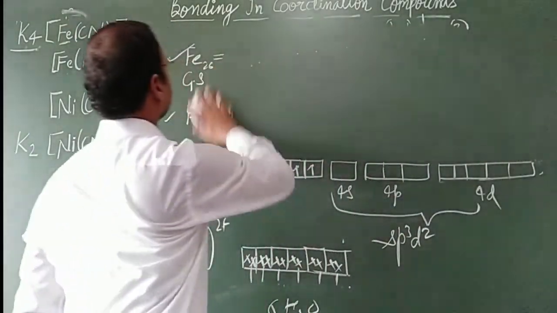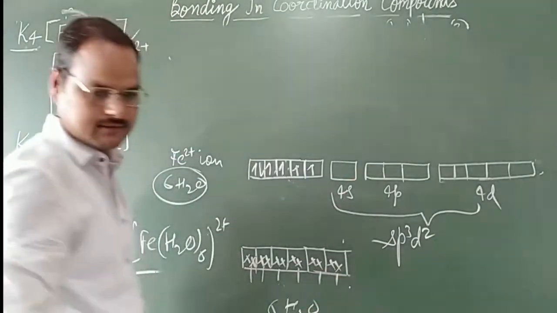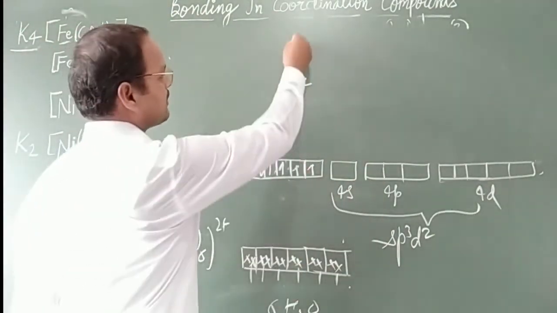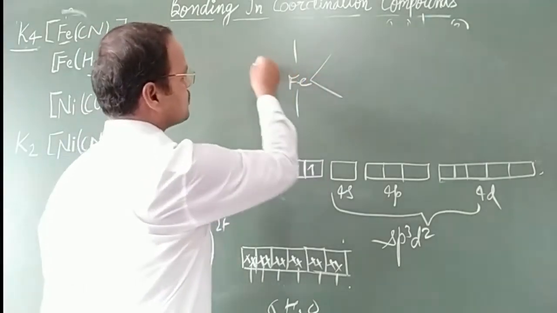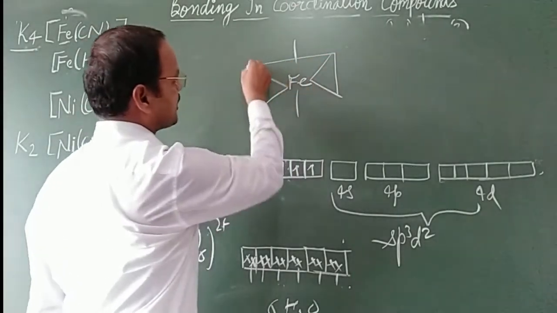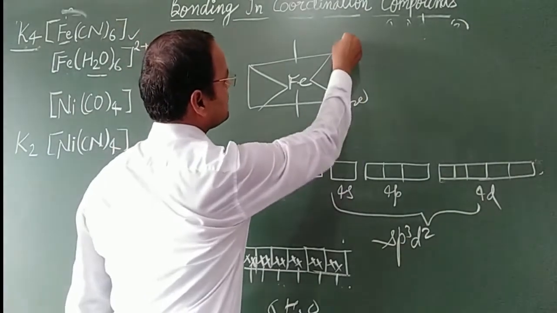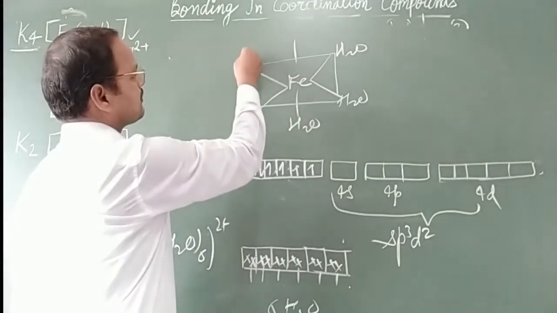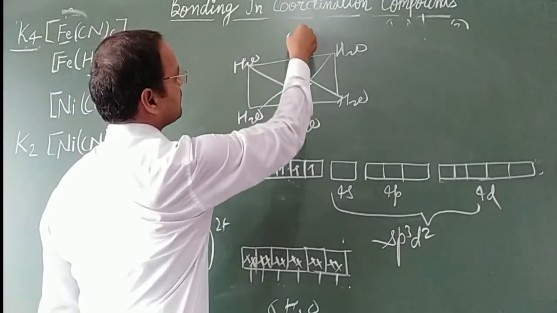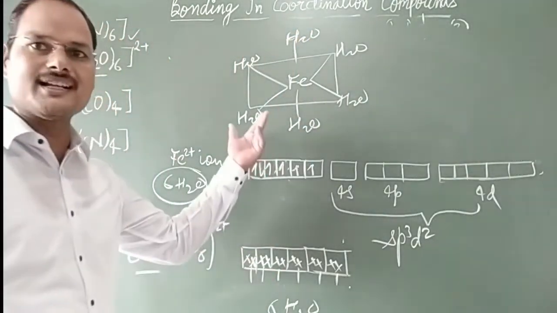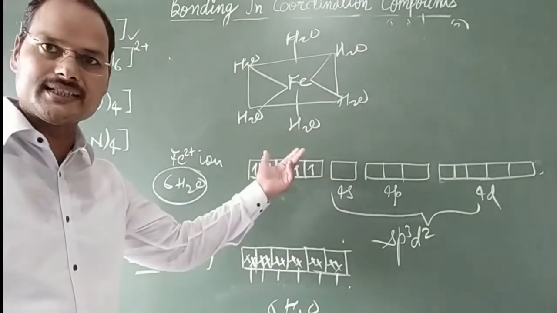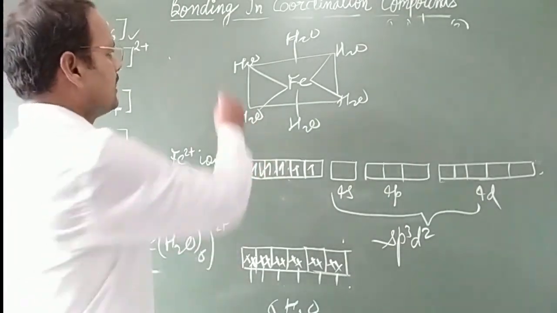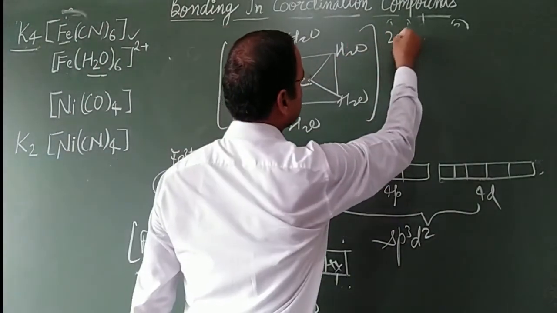See, in case of this molecule, structure can be written in the same way. Fe is the central metal and 6 molecules of H2O are here. See, in this way we can draw it. H2O, H2O, H2O, H2O, H2O and last one H2O. This is the octahedral geometry. Outer complex, it is outer complex as well, it is also known as high spin complex, and overall there is a 2 positive charge.